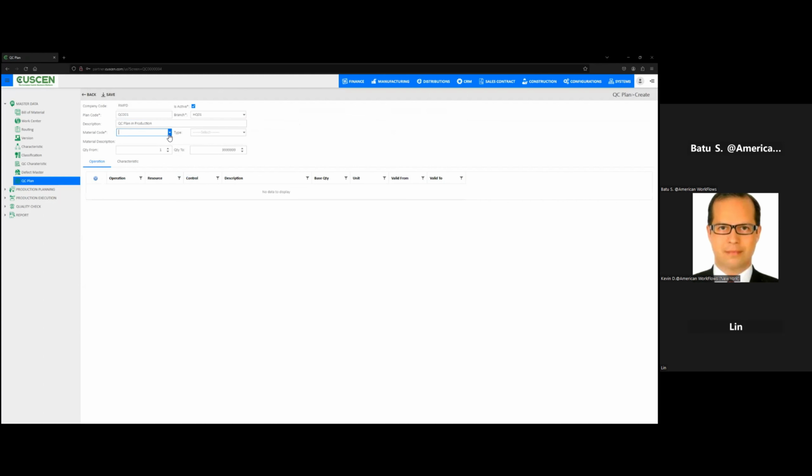Okay, so for the material code, we must find which material is linked with the QC, because if you don't add which material is linked with the QC, then we cannot assign a material code. That's why I cannot select the material code at the moment. Okay,